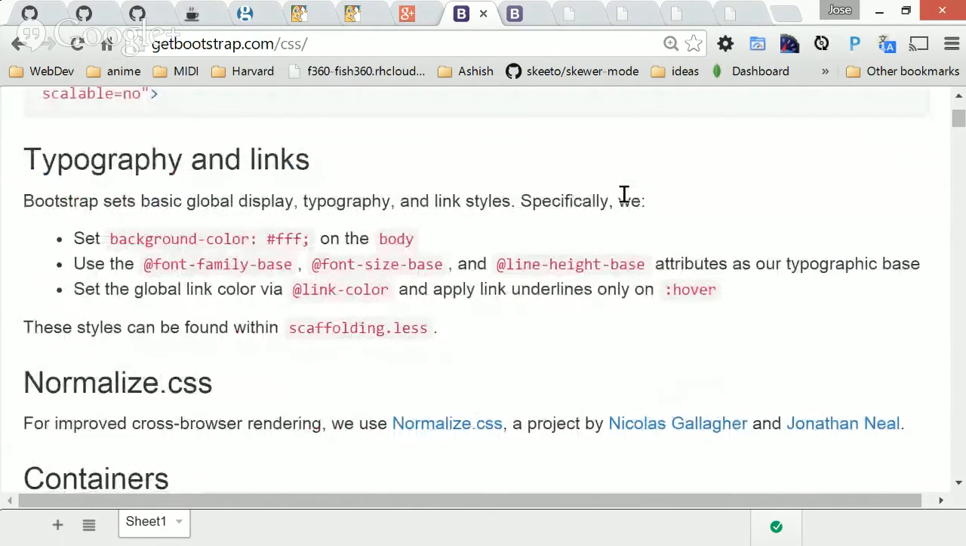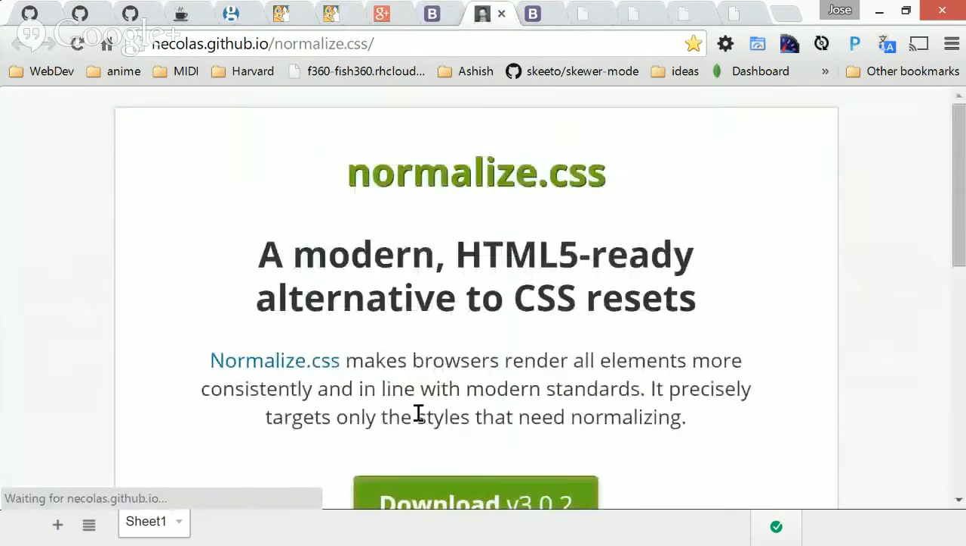Also, they suggest that you include normalize.css. What normalize does is, remember that I had mentioned that browsers provide their own default styling. One of the ones that we played around with last week was the border, the 8-pixel border that the browser gives you. The first thing that we did is remove that border. It says, no, I don't want the default